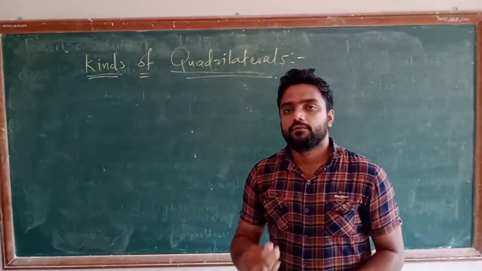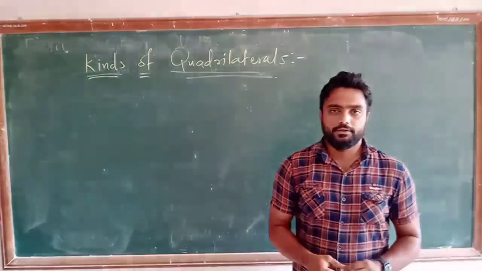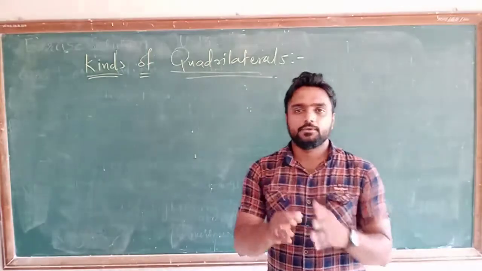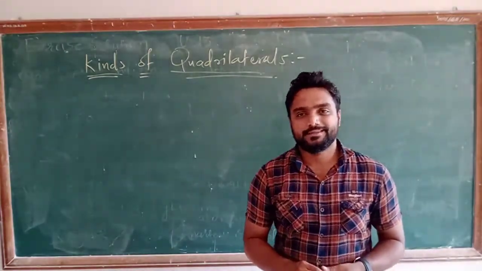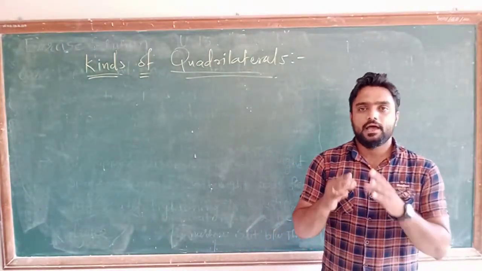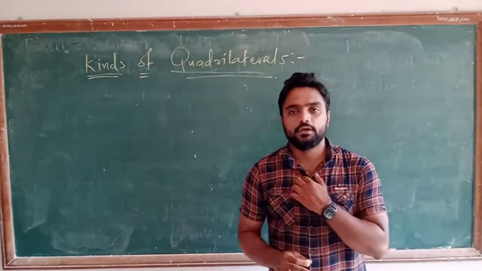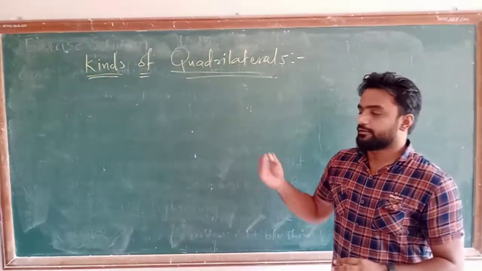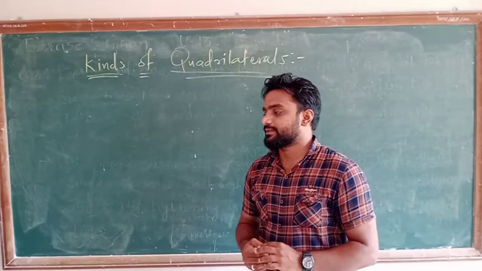Today we will discuss the kinds of quadrilaterals. That means, which are the different types of quadrilaterals. First of all, keep one thing absolutely clear: what do you mean by a quadrilateral? A polygon having four sides is called a quadrilateral. Understand or not? The first type of quadrilateral, as given in your textbook,